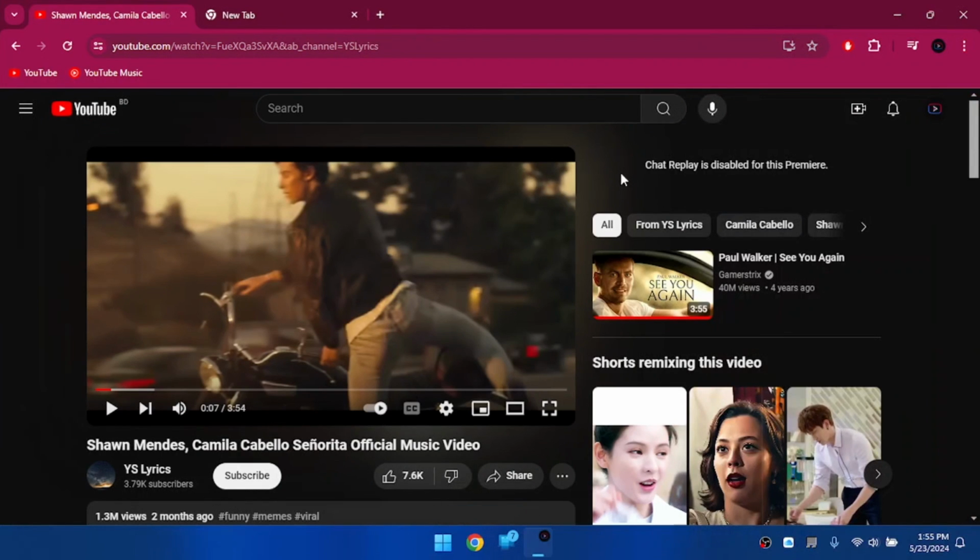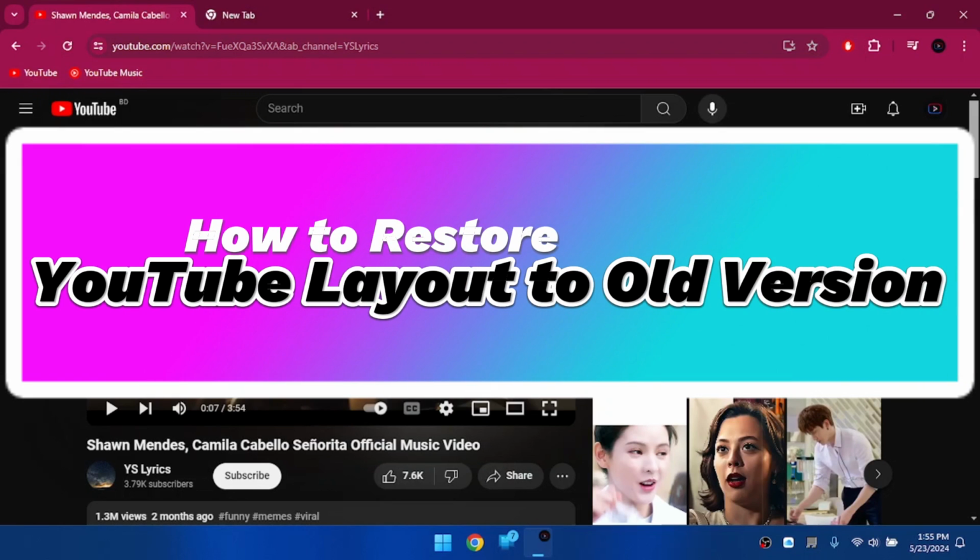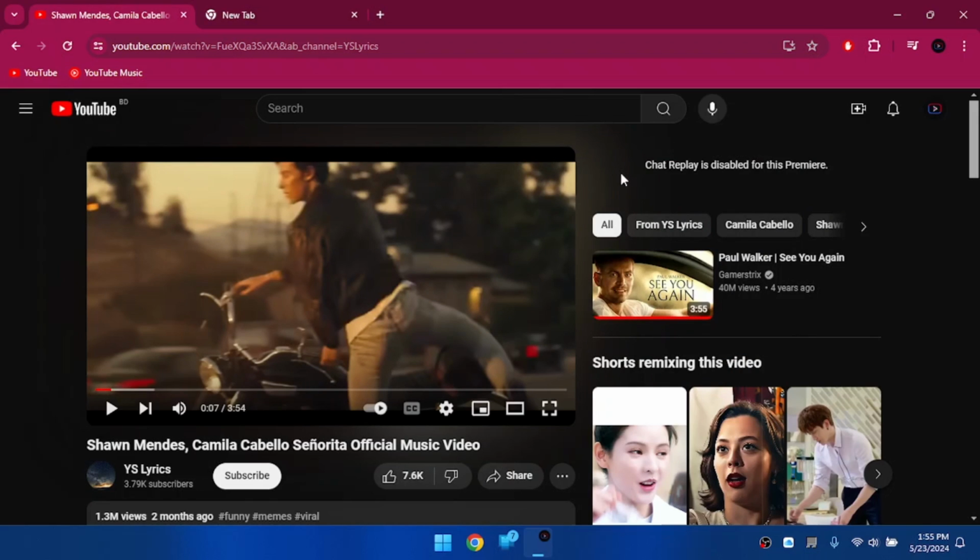If you're someone who likes the old YouTube layout more, then you're in for a treat, because in this video I'm going to show you how to restore YouTube layout to old version. So let's get started. First of all, we're going to have to install two of the extensions from our video